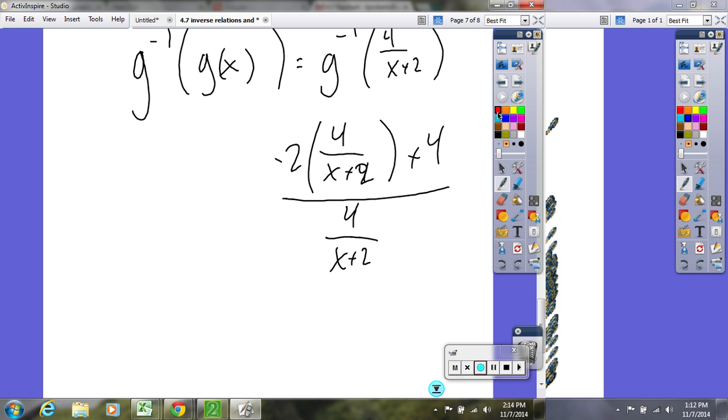So what I'd do here is I'd distribute that through, so I'd get negative 8 over x plus 2, but I'd hurry and get an x plus 2 here. Do the common denominator, and that would become 4x plus 8, notice those guys cancel,